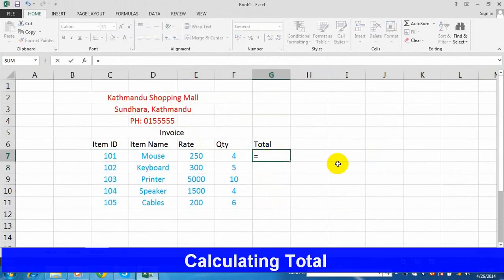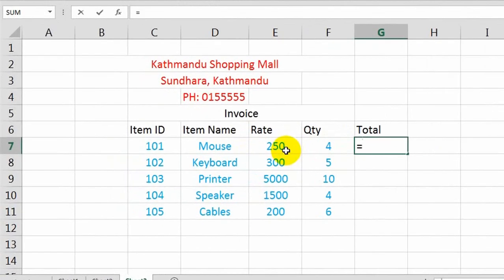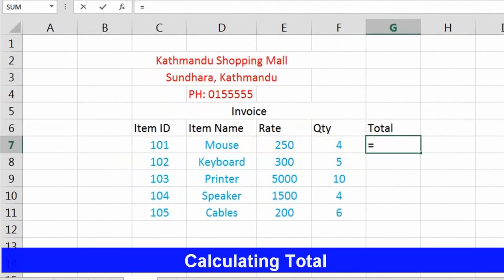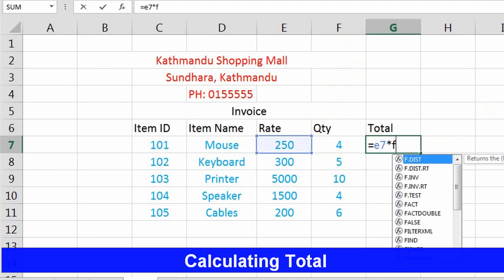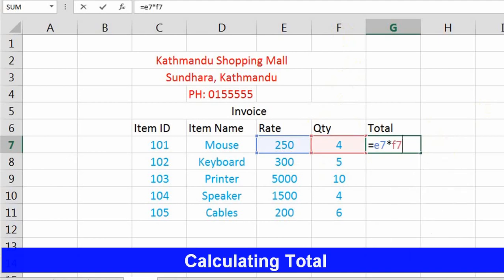Equal to sign is compulsory here. Now I want to multiply rate and quantity. To record 250, you need to type E7, for example, E7 or asterisk sign. Now to multiply this quantity, F7. See, the value has been highlighted.